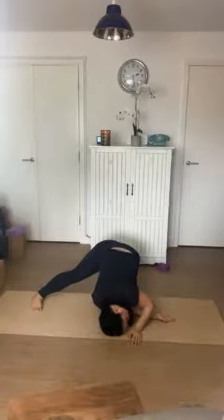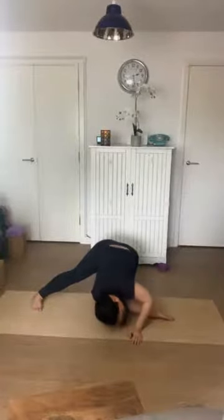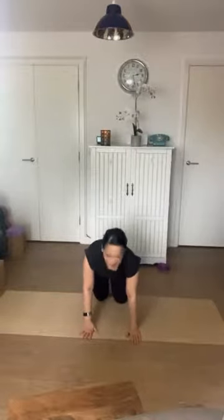So just check in with how that feels. You can relax the side of your neck, that space between your shoulder blades. You might start to feel a little sensation or release on your inner thigh. Good, and then we'll gently uncurl. Come back up to all fours on hands and knees, and just check in, how does the right side of